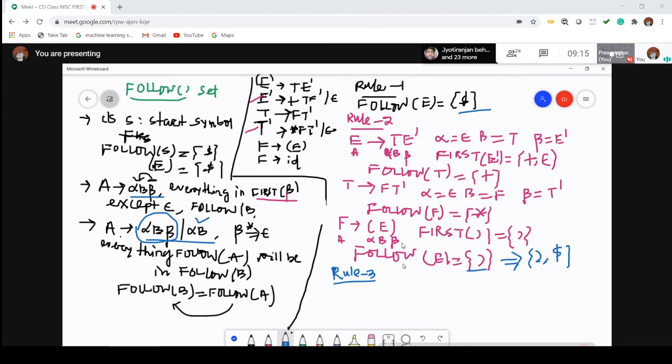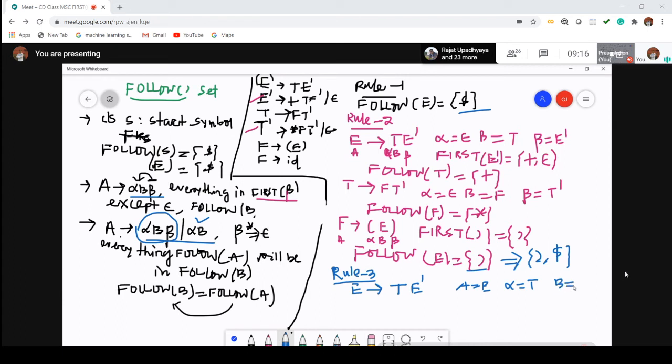Now let us check the first production, E to T dash. Why did I take this production? Now from E dash I can get epsilon. So from E dash you can get epsilon. If you replace, then you can get the value of E. I have taken this production as alpha, B, beta in rule number 2. The same cannot be taken over here. You can take the alternate value. What is the alternate value? A to alpha, B. So what is the value of A here? A value equal to E. What is the value of alpha? Alpha value equal to T. What is the value of B?